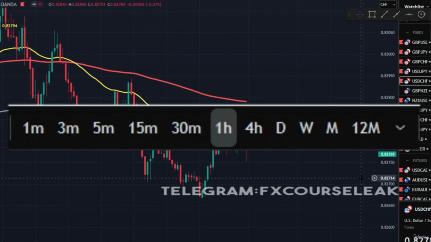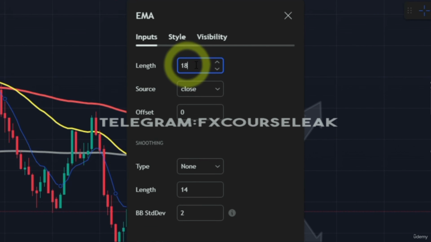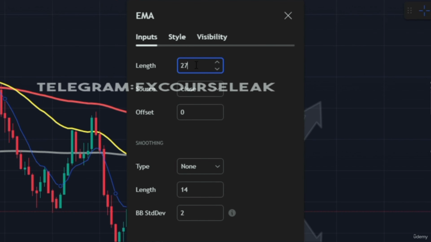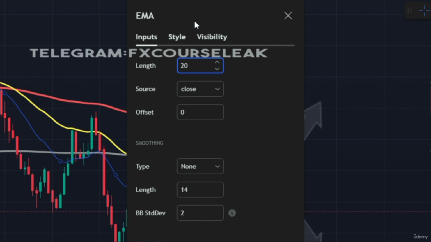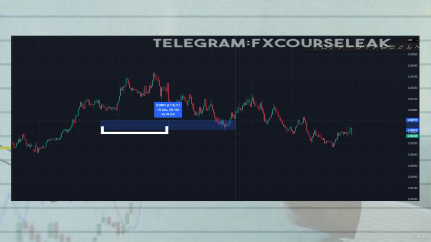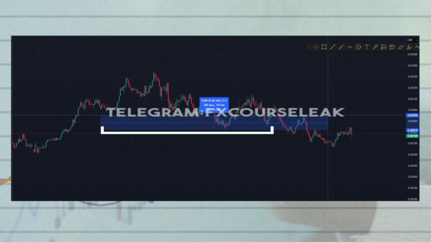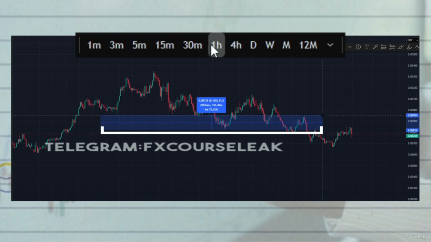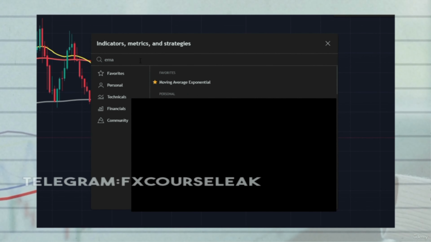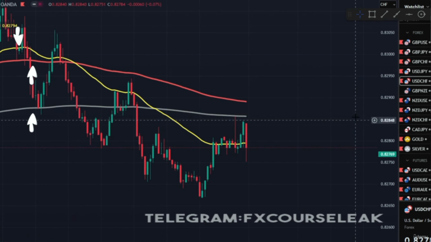Now, moving averages are based on the chart's time frame and periods, and you can select the calculation you want for your moving averages on the chart by setting the period of the moving average. Period is basically the number of candles you want your moving average to calculate and show on the chart. So let's say you're using a 1 hour time frame and you apply the moving average to it. You have to first select the period of the moving average, and then you can see the smooth line which